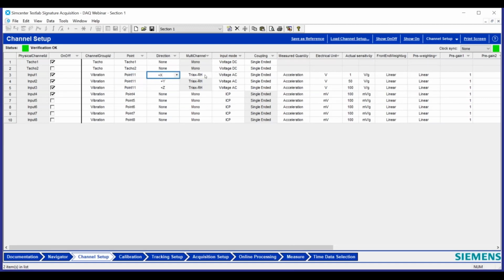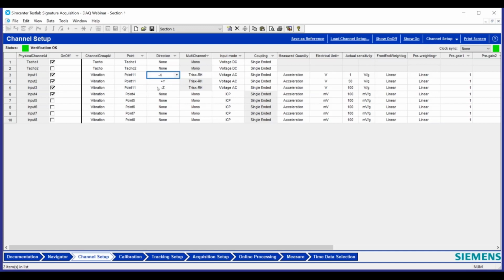Additionally, which is probably the nicer feature, let me just go back to mono for a second. When we go to direction, you see you have a large number of options, right? X, Y, Z, the positive and negative. We have some rotation. We have a scalar for S. When you are using Tri-X and we want to basically maintain the right-hand rule for setting our direction on our channel, you'll see automatically your list is more restricted. We don't have scalar. We don't have the rotation. We just have X, Y, and Z.